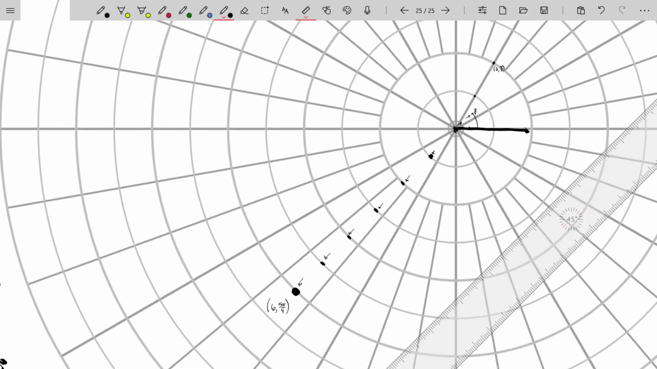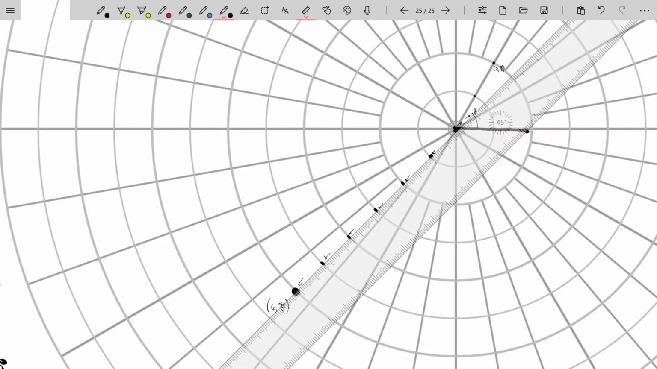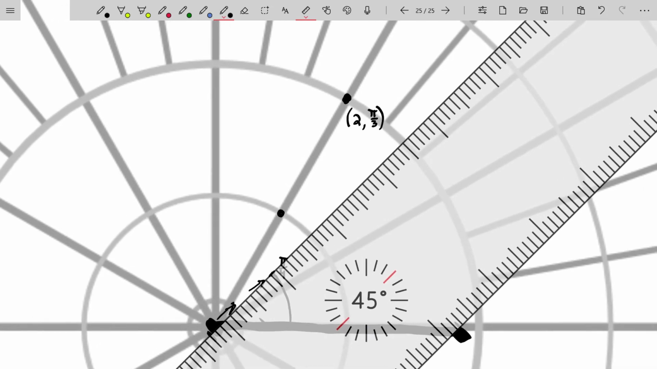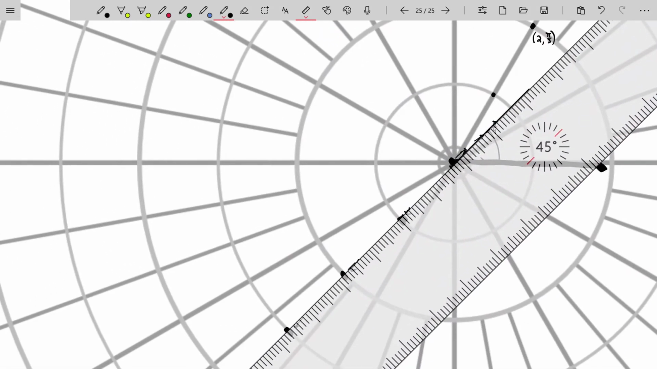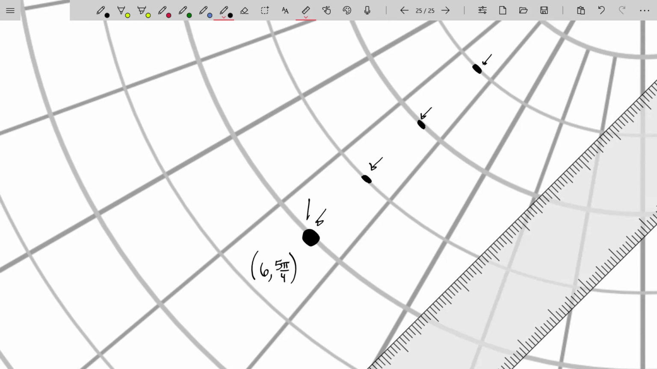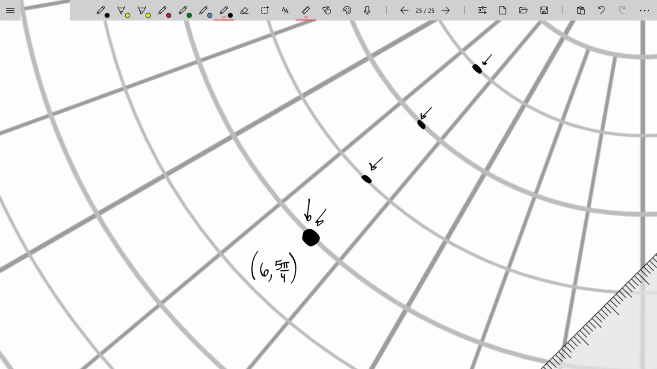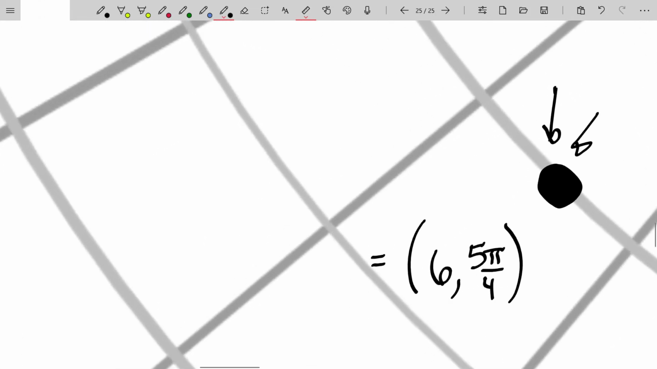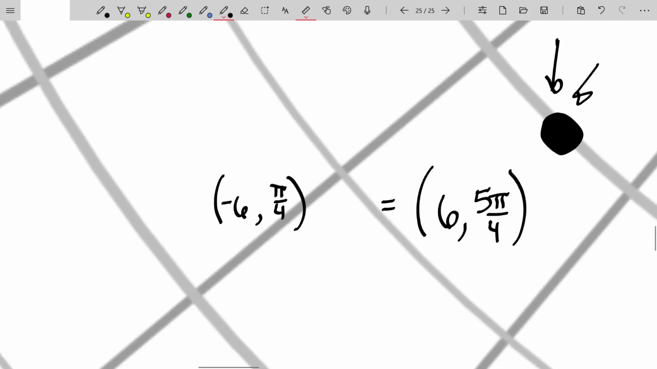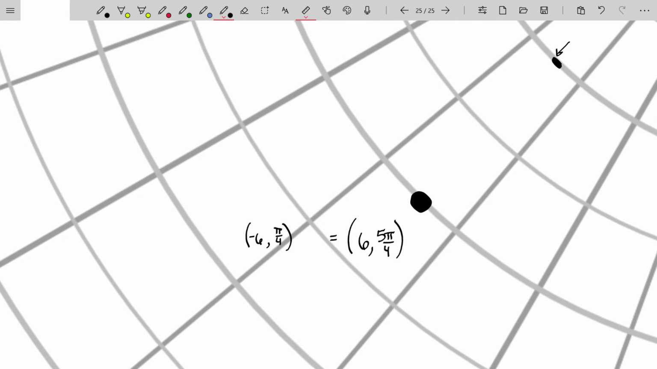Again, to convince you that I'm doing that correctly, we know that pi over 4 is a 45 degree angle. So we're facing this direction right here. And we are now going to step backwards 1, 2, 3, 4, 5, and 6 steps. So right to here. And notice this point we had already labeled as 6 comma 5 pi over 4, but it's actually the same thing as negative 6 comma pi over 4,